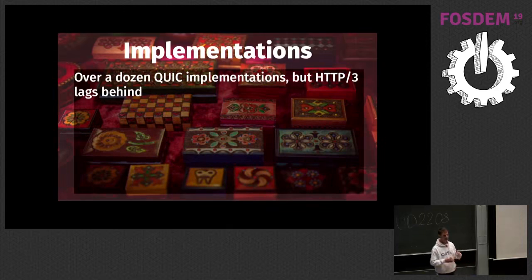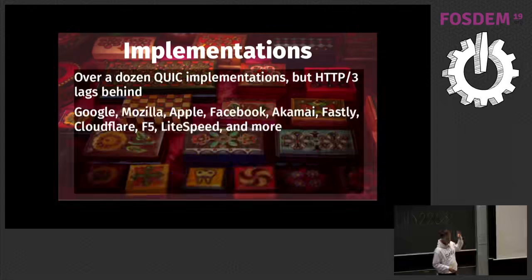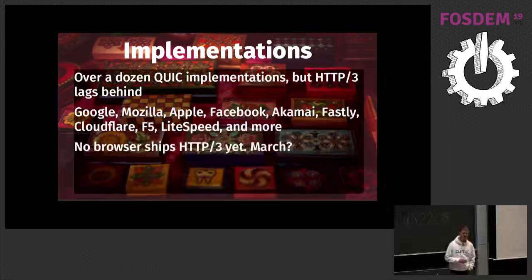At this point in time with HTTP2, we had a lot of implementations. We could already run them on the internet. We could already try out everything. But we're not there with QUIC and HTTP3. Basically all the companies I mentioned in the earlier slides are having their own implementations. Mozilla has one, Google has one. I think there are like 15, 20-something different implementations. There hasn't been a single browser release yet with HTTP3 enabled.